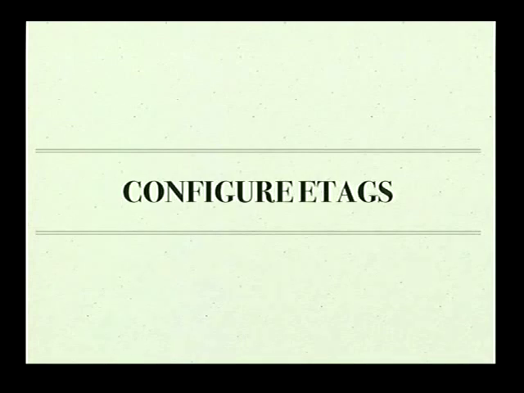configuring ETags. This is a fun one because if you're not familiar with ETags, when the server sends back content, it calculates kind of a checksum of that content and gives it to the browser in one of the headers. Later on, when the browser is doing a refresh or asking for that same resource again, it can say, hey, I have this checksum for this resource. Has it been updated since then? And then the server can come back with, well, no, in fact, it hasn't. And that will prevent most of the overhead of processing that request and sending the content back down. Apache gives you a lot of that for free. Any static asset that's served out of Apache is going to have an ETag on it. Rails actually gives us a lot of that for free